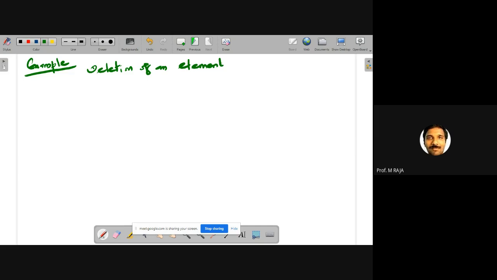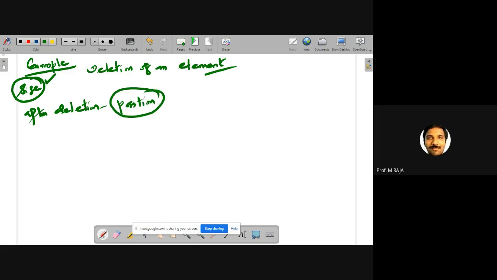Deletion of an element. Since these are static size arrays, we are not able to delete a particular location in the array, but we can rearrange the array elements and reduce the size by 1. Initial size is, for example, size. After deletion at a particular position, for example, its range is 0 to